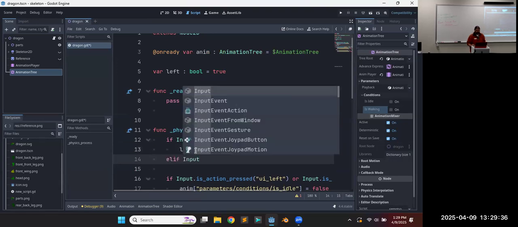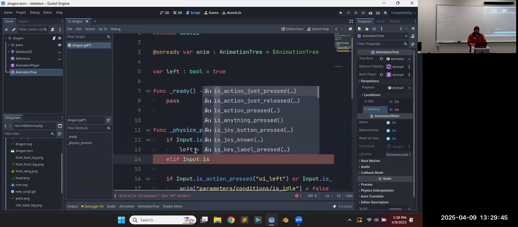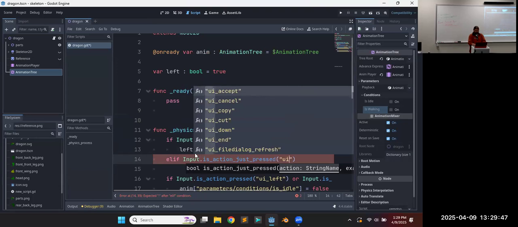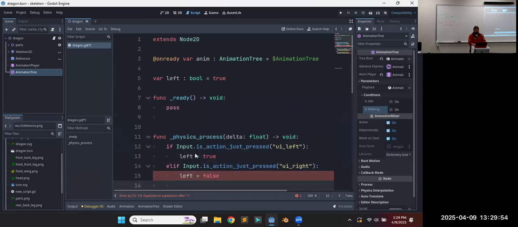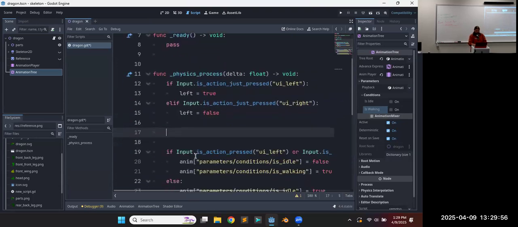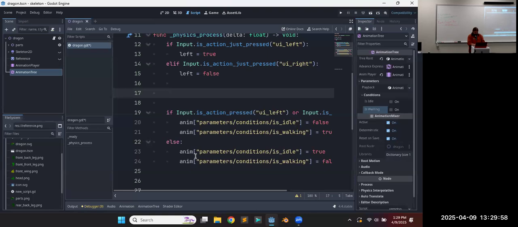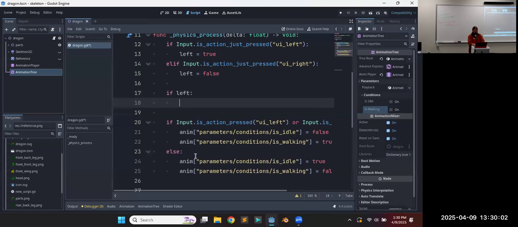Otherwise, an elif this time, because there's a whole lot of other things that can happen than just pushing the left button. So I just want this one specific condition: is_action_just_pressed UI right? So when we hit right once, set left to false. And then we can just check that. So if left is true,